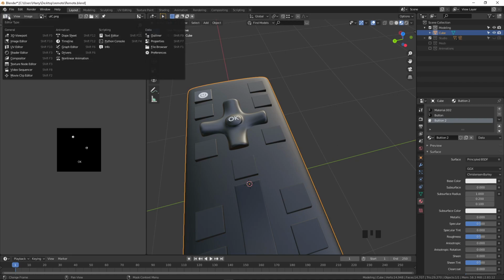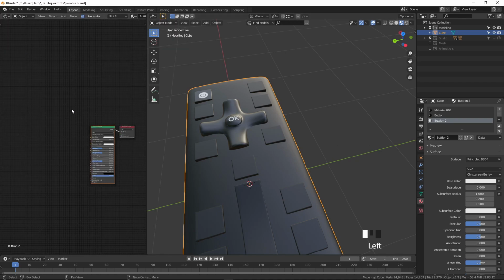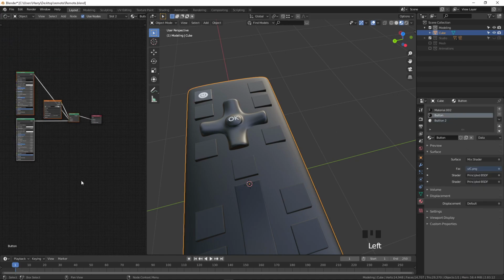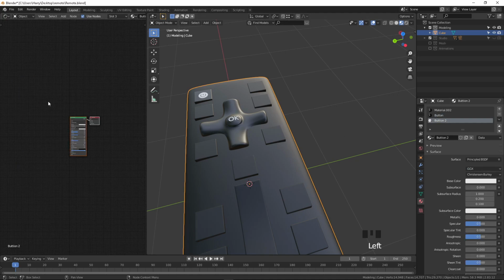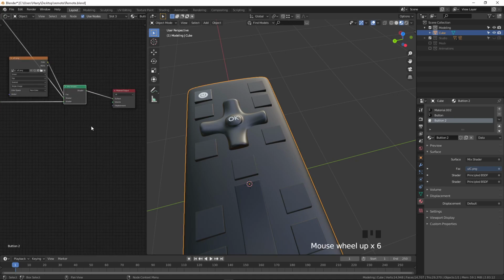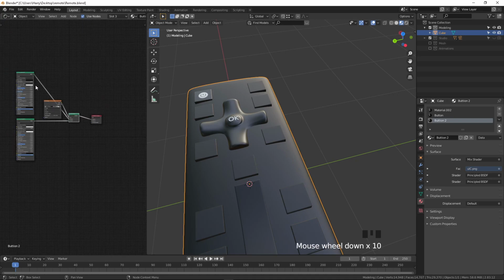and I go to the shader editor and press this button. I select everything, I copy it and go to this button, and I press Ctrl V to paste, and select this one, and press X to delete, and connect this surface to the surface. And this one I'm going to make as a full red background and white display.